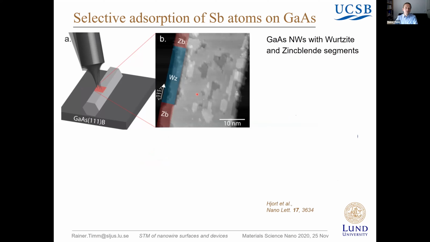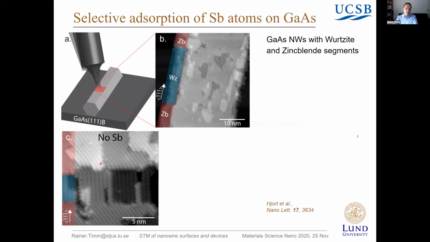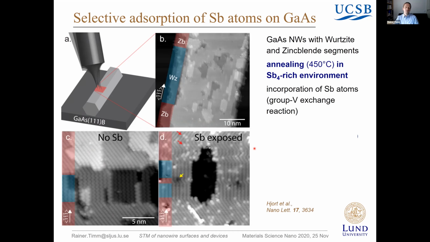And again, in this case, it's a gallium arsenide nanowire with a different crystal structure, a different crystal phase. We can zoom in here. So we see the arsenic atoms in the cubic material. Here's a small insertion of hexagonal structure and cubic again. And then we anneal this surface in an antimony-rich environment. And what we see is that we get incorporation of individual antimony atoms. So these bright spots here are antimony atoms, which are seen a bit brighter due to their different size